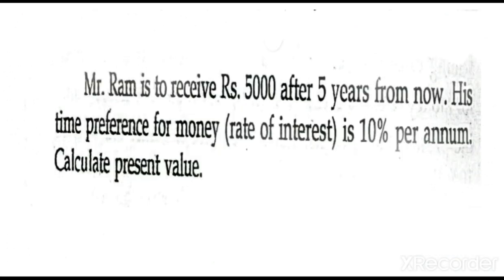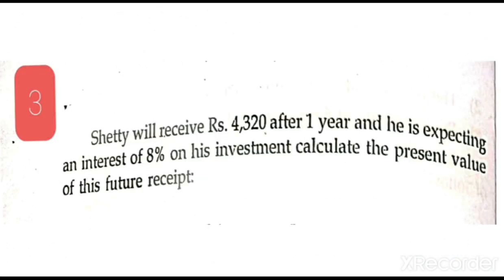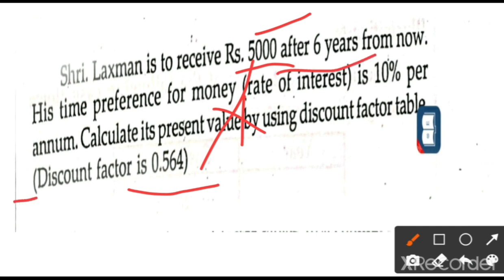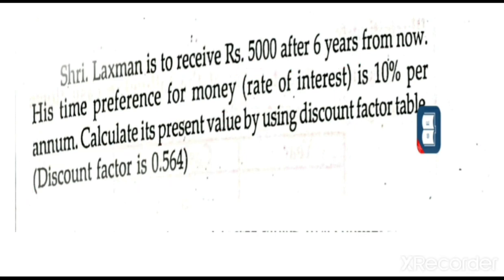And next, for this type of problem, if they are given cash inflows and also the discounting rate factor, then the formula will change. Cash inflows into discounting factor, just multiplying this will give the answer. There is no need to multiply by number of years. So this is the 6th year. For 6 years, the discounting factor is what they are given. So you have to do that.